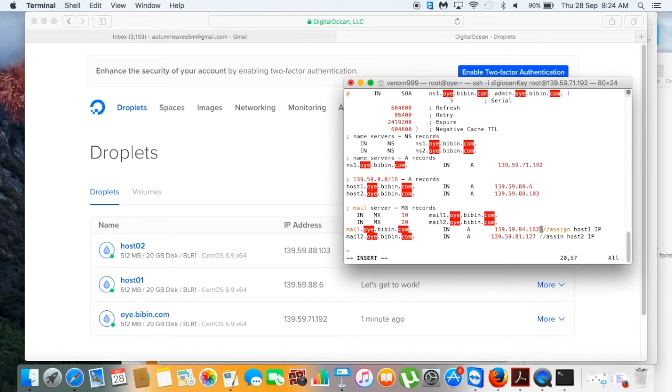So I just give mail1.oa.bibin.com as host 1, mail2.oa.bibin.com as host 2, and priority I set 10 and 20. You can make both priority same, 10 and 10, no issue regarding this. It depends on the priority you are giving. So mail 1 and mail 2 you mentioned as your